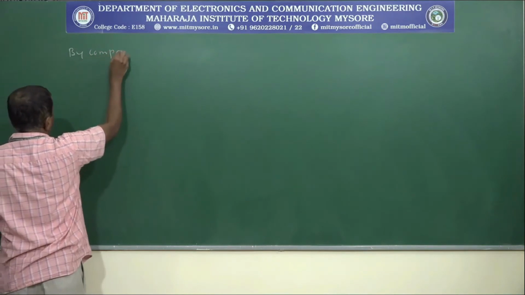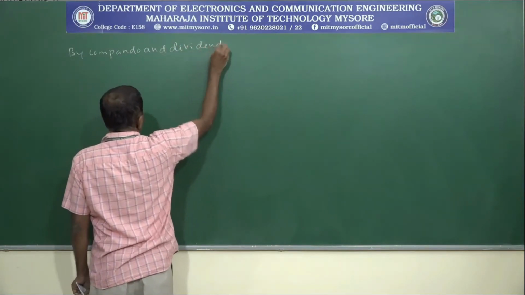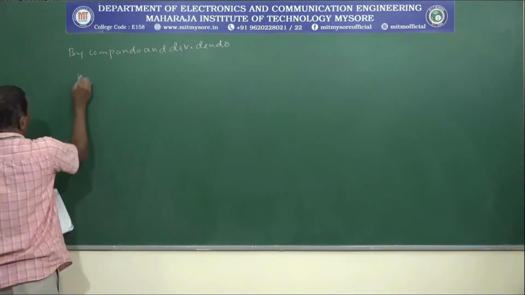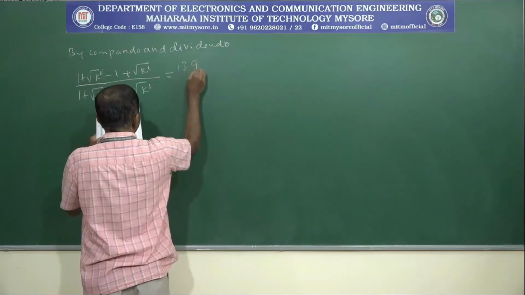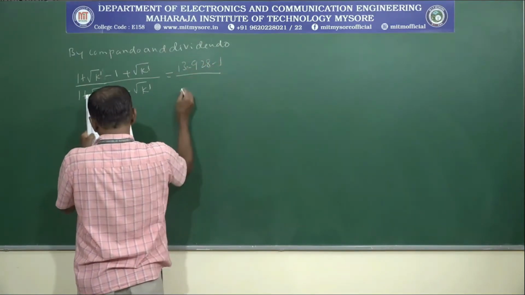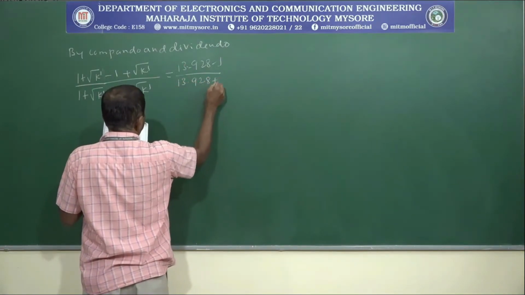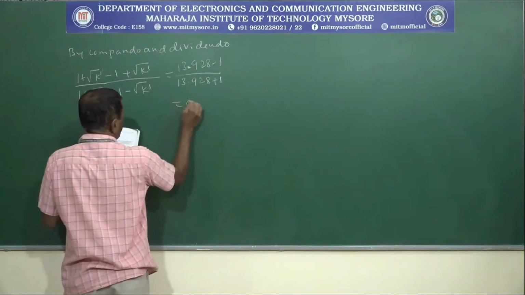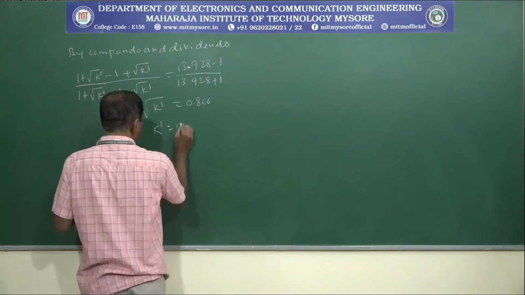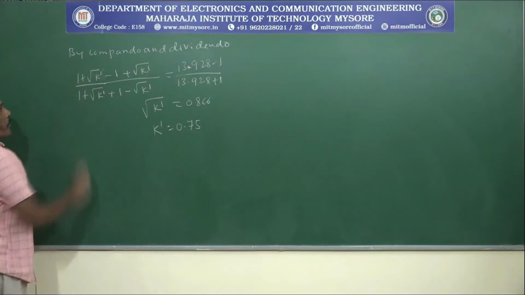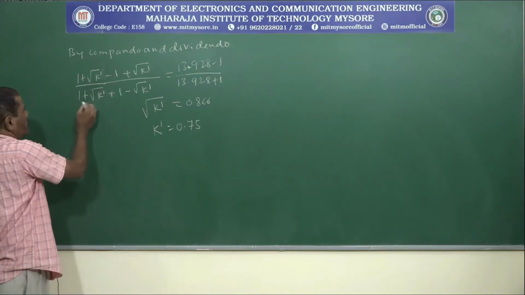By componendo and dividendo, we can write it as: by componendo and dividendo, the equation can be written as 1 plus root of k dash minus 1 plus root of k dash divided by 1 plus k dash plus 1 minus root of k dash,